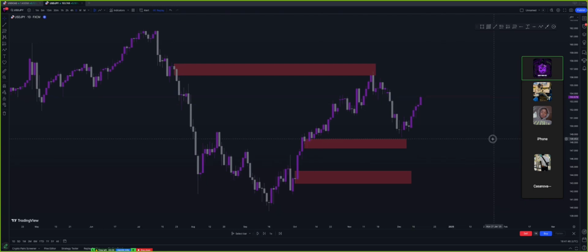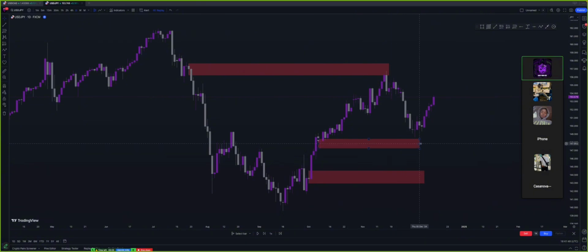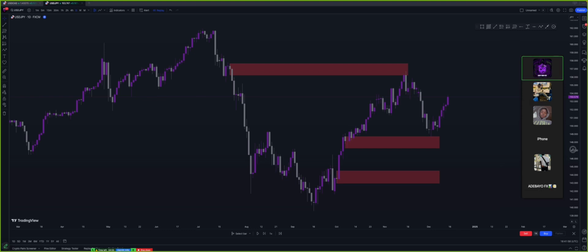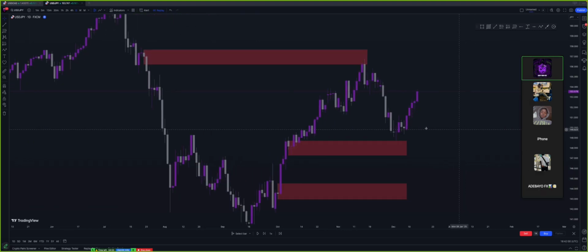Now if you look at the market very well, we did mitigate something around here, right? And then we see a potential shift. What are we going to look out for now? We are going to look out for the last high that traded into this zone. So what we are going to do is we are going to identify that